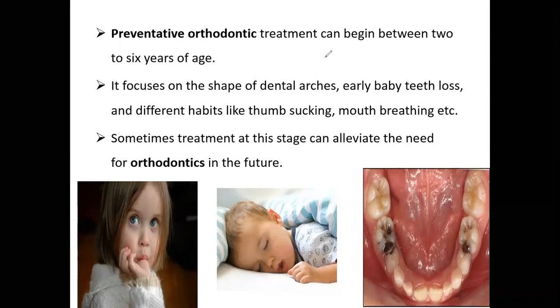So in preventive orthodontics, we focus on the shape of dental arches. What is the shape of a dental arch? Is the baby having early loss of teeth or not? What are the types of habits a child has? Whether the child is having the habit of thumb sucking, like here can you see, whether the child is having the habit of mouth breathing. Can you see here the baby is sleeping with mouth open? Maybe the child is having nasal blockade, that's why the child is not able to properly breathe via the nose,